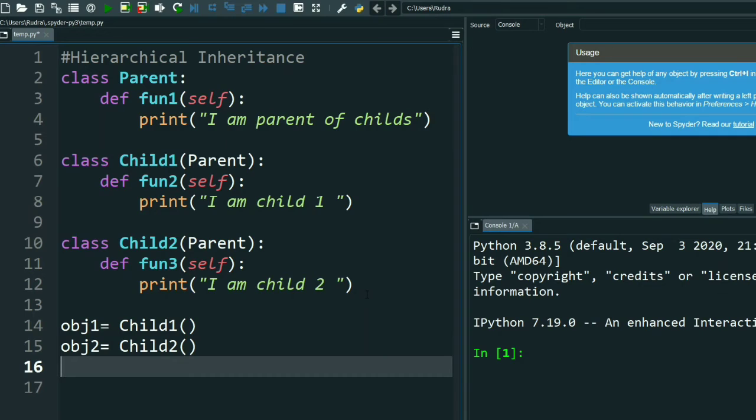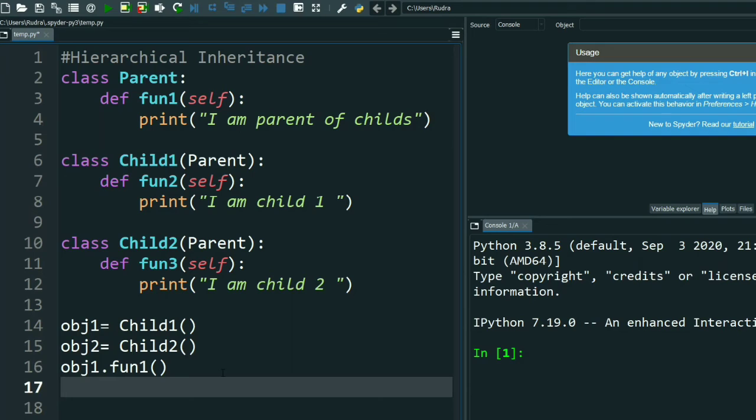Now obj1 dot fun1. Why function 1? Because see, child 1 has already inherited his parent, so function 1 is also related to child 1. That's why we are using obj1 dot function 1. Now obj2, no sorry, first I will do the obj1 only part. Obj1 dot func2.